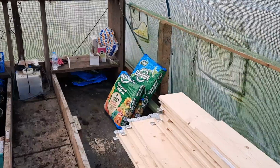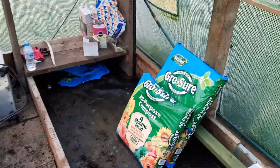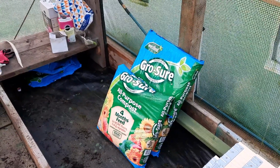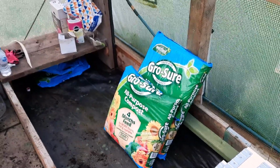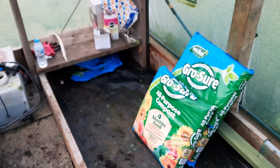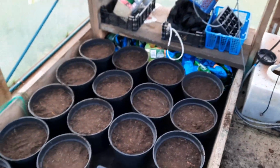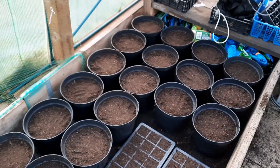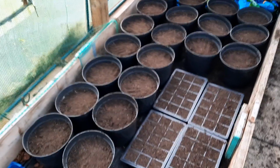Well, it's 12:30 already. The time's just flying by, and you probably can see that that pile of compost has disappeared. From that 9.5 bags I started with, I've got 1.5 left. So I've used 8 bags already. But what have I been doing? Well, here we go. I've got 20 of the big pots all lined up ready. They'll really be for carrots and perhaps peas,